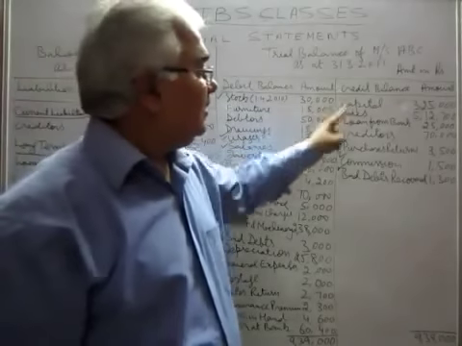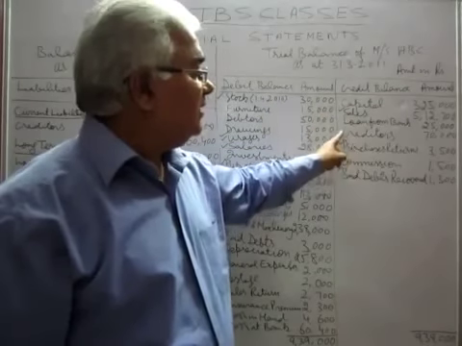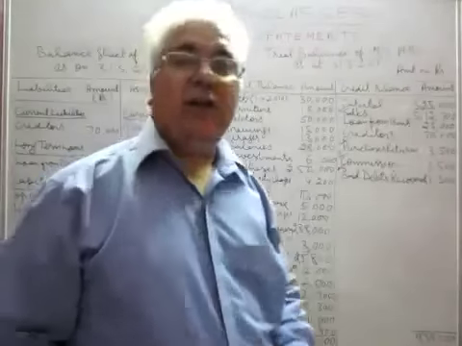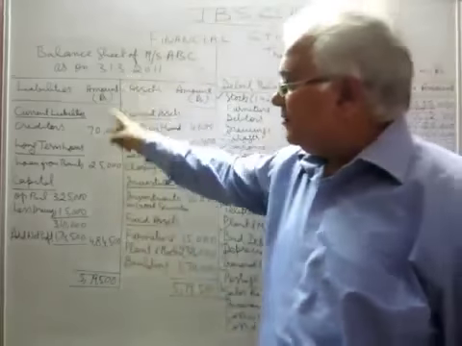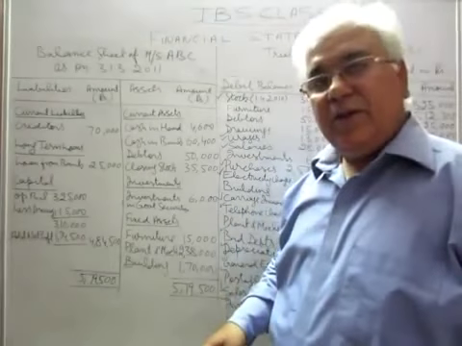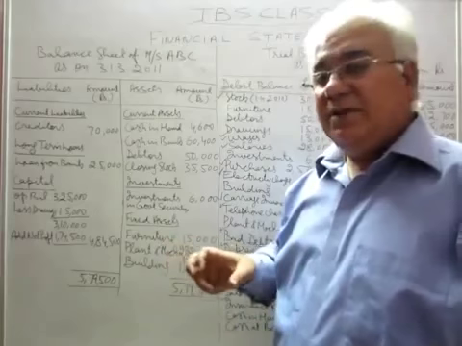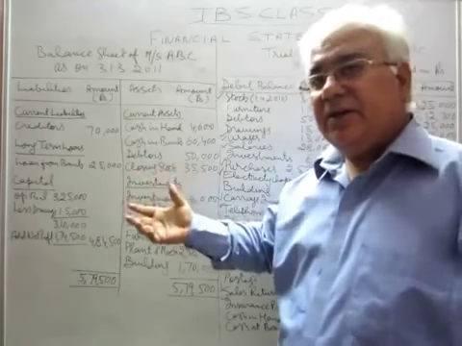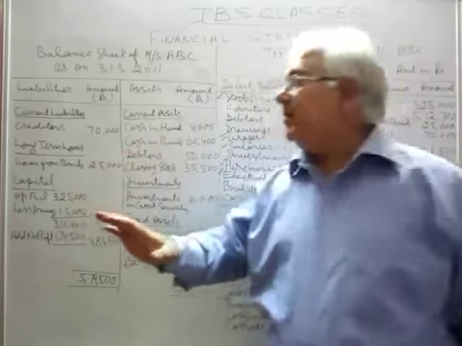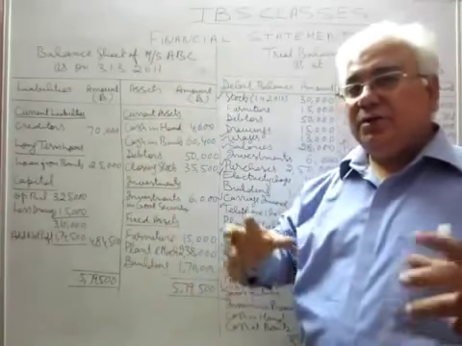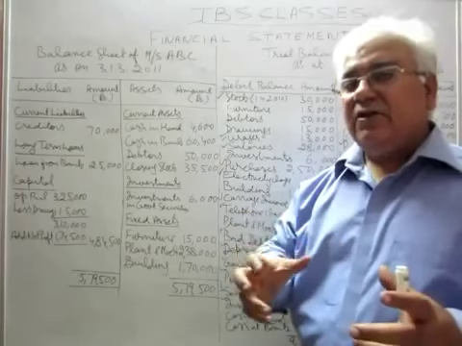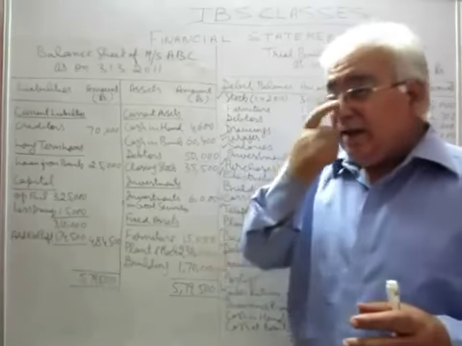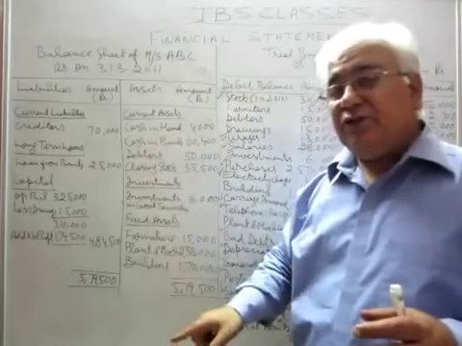They are capital, loan from bank, creditors. Okay. Now these items will go to the liability side of the balance sheet. Now the thing is how to group them and marshal them. You see, the items which will be shown in the balance sheet should be grouped under certain headings. All similar items should be put under one single heading, and all the items in the balance sheet should follow